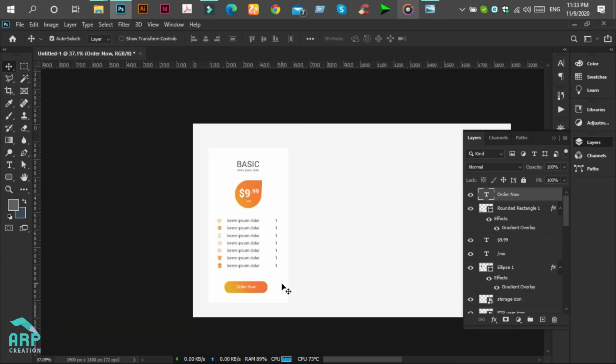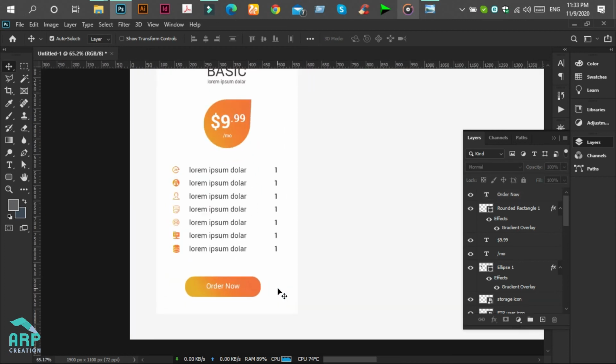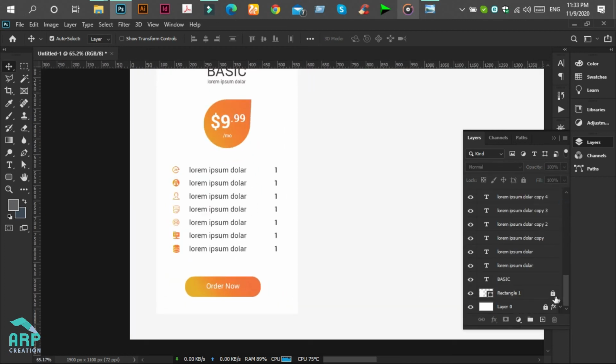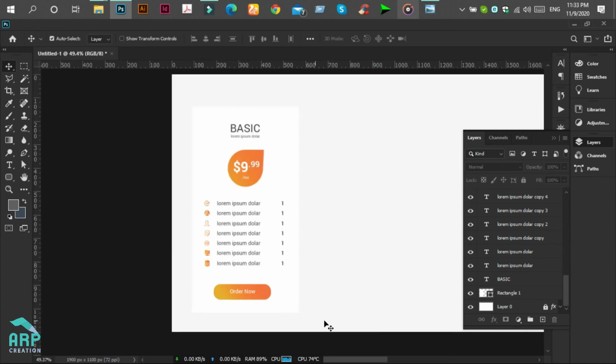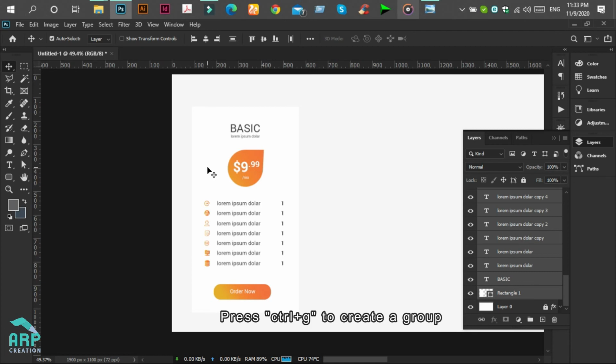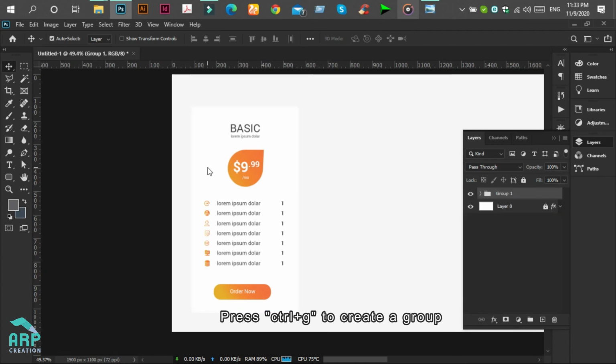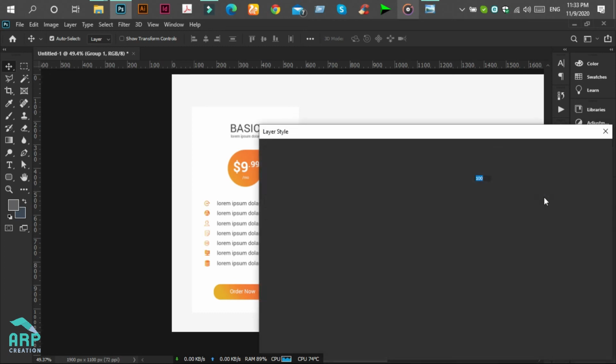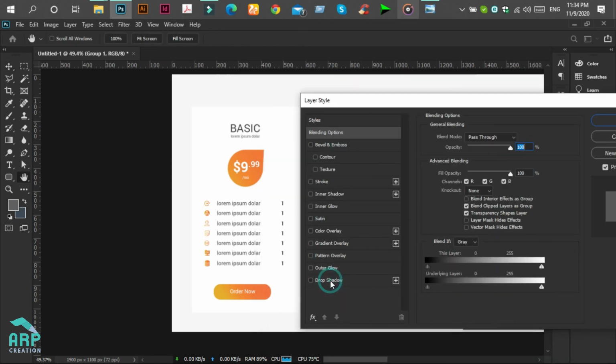Now we will unlock this background layer of the rectangle and select all of these contents, then press Ctrl G on the keyboard to create a group from these layers. We will add a drop shadow, so double click on this group and click on drop shadow.